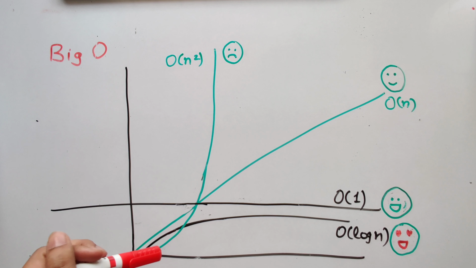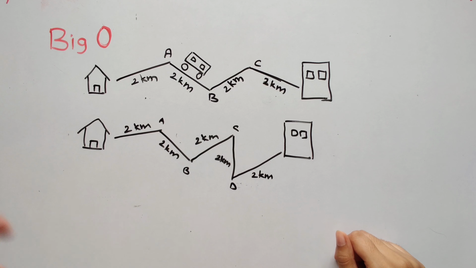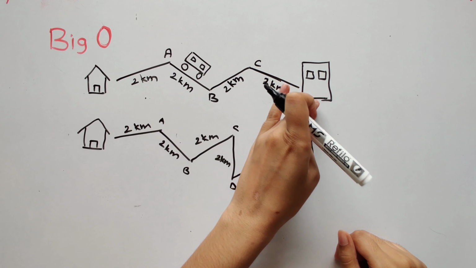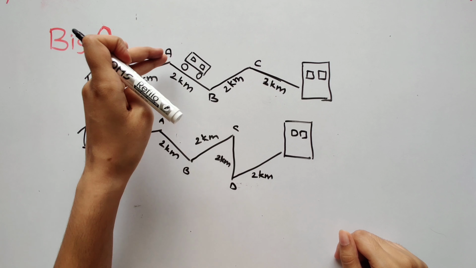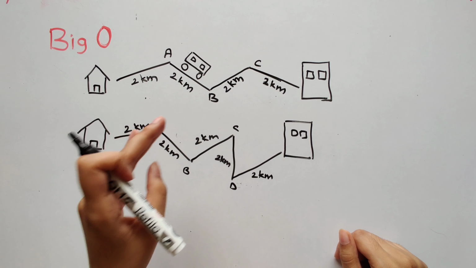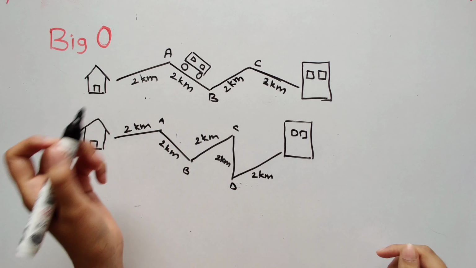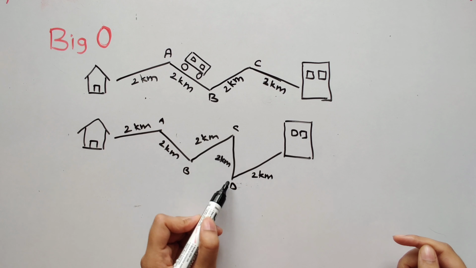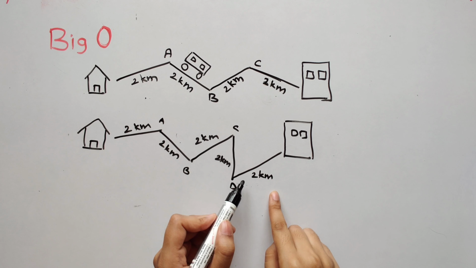Alright, let's get started. Let's understand linear time complexity with an example. Let's say you have to travel from your house to your office every day in a bus, okay? And the distance between every two stops is 2 kilometers. Okay, how many kilometers do you need to travel? Well, it depends on how many stops are there on the way. If the number of stops increases by 1, you'll have to travel an additional 2 kilometers.